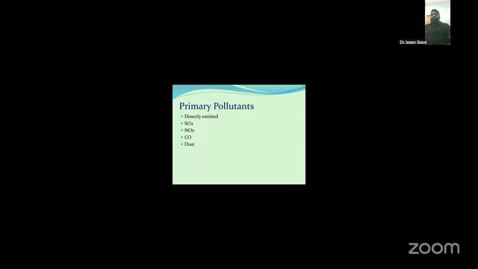Next is carbon monoxide. Sources of carbon monoxide: incomplete combustion of carbon-based fuels, vehicles as the major source in urban areas, biomass burning, and domestic heating. Chemical characteristics: colorless, odorless, tasteless, and relatively stable in the lower atmosphere.